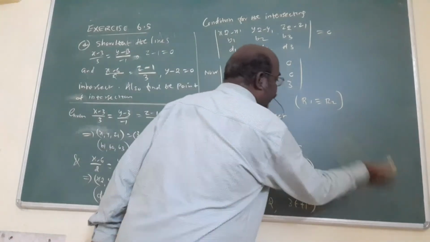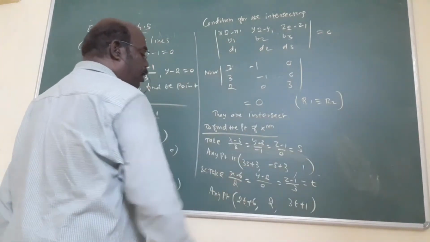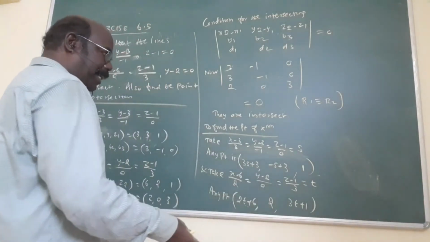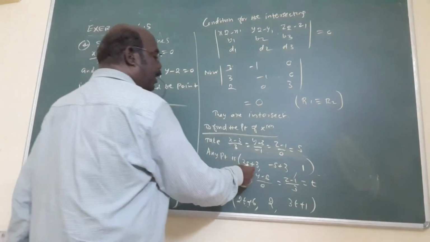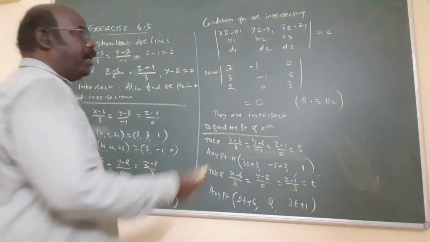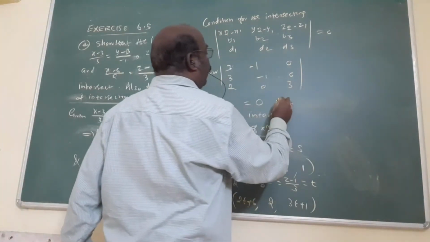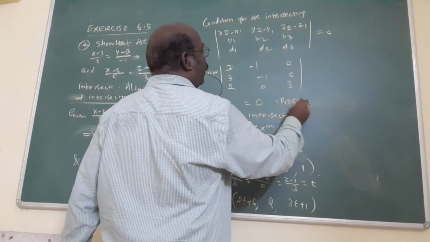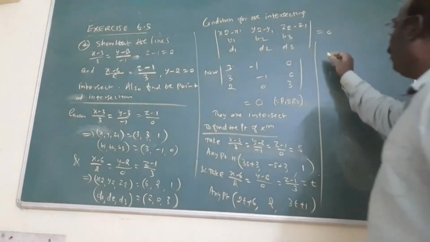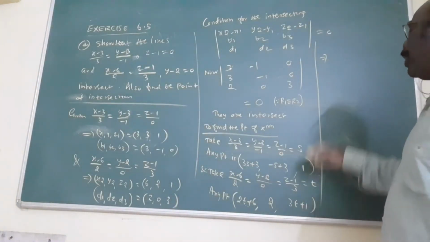Now, for example, equating both points, equate this point and this point to find the value of s and t. Substitute the s value here or the t value here, and that is the point of intersection. What is the reason? See, R1 and R2 are identical. Now it implies equating both the points.